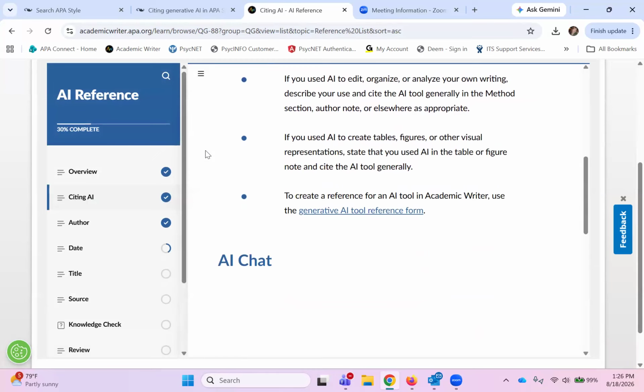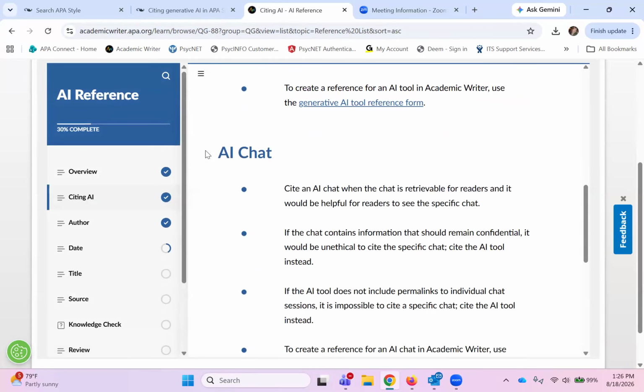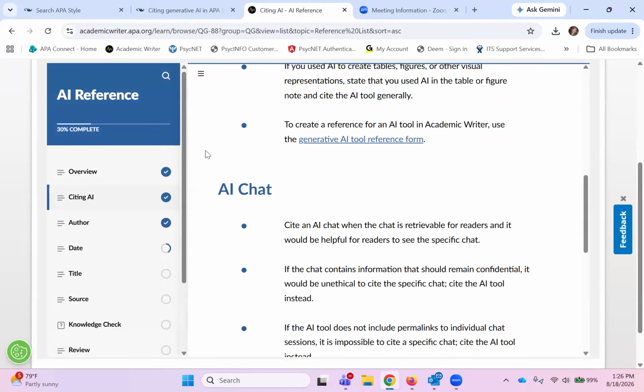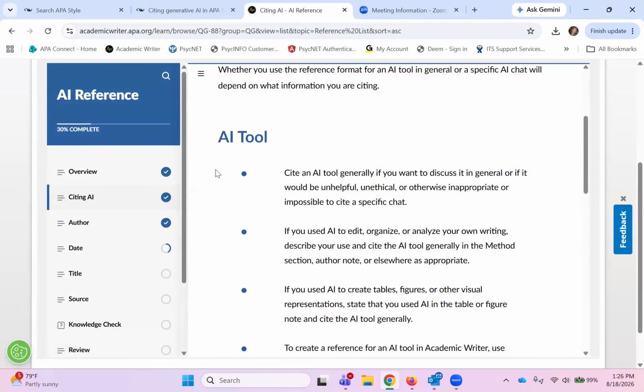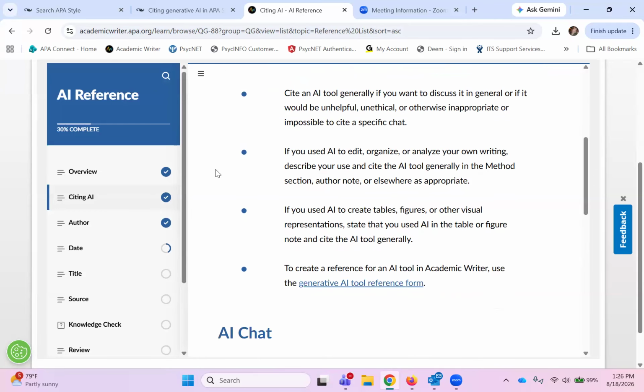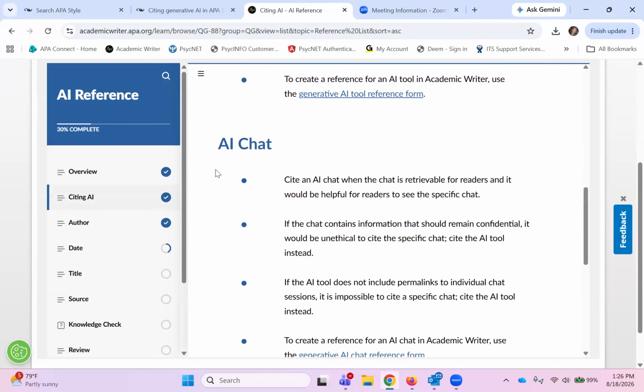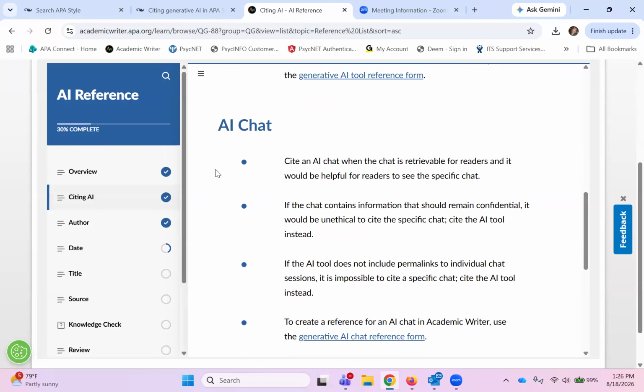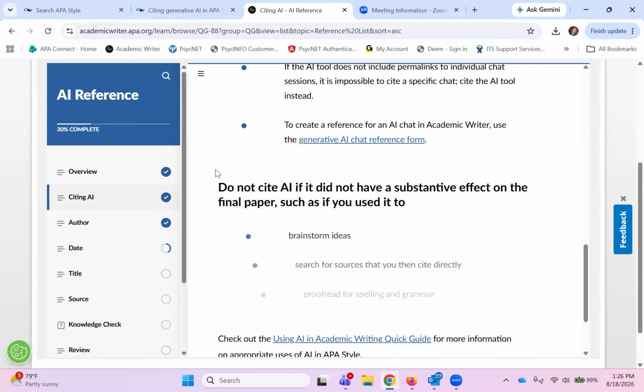So like I said in the previous quick guide about how we are creating references for either using an AI tool generally or using an AI chat conversation, there's just some more details here to help get your brain around what's the difference there? When would I use each one? So hopefully that can be really helpful